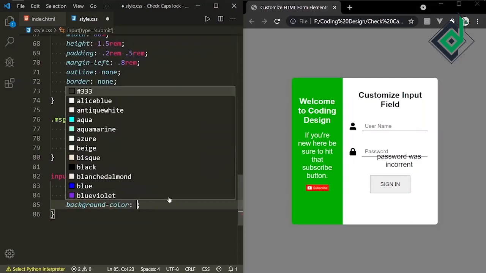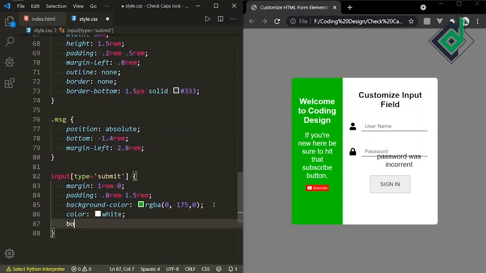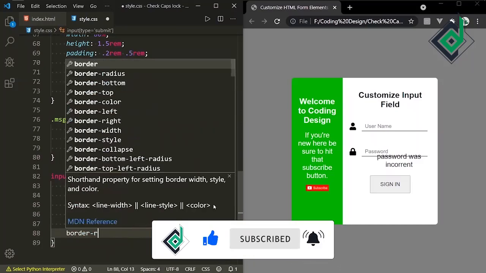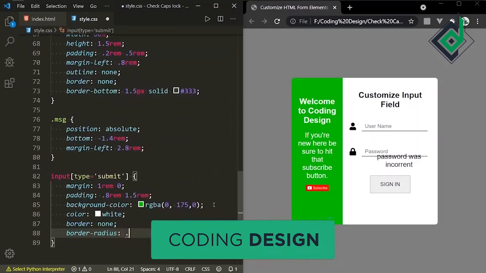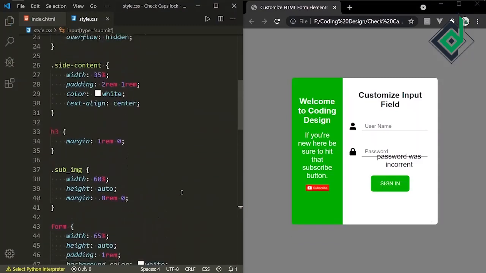So I'm giving the same green color. Now for the color, I'm giving white. Similarly, I'm giving border none, border radius of 0.4 rem. If I refresh the browser, now you can see a better version of that button.